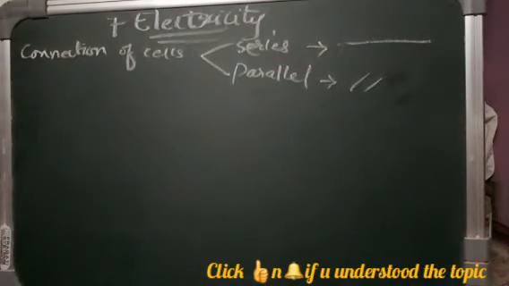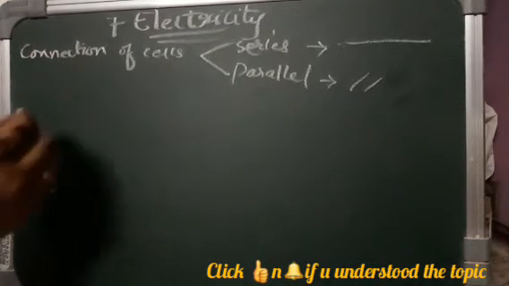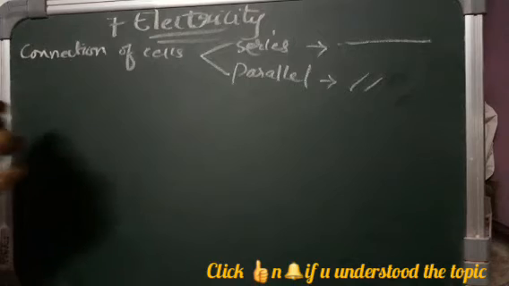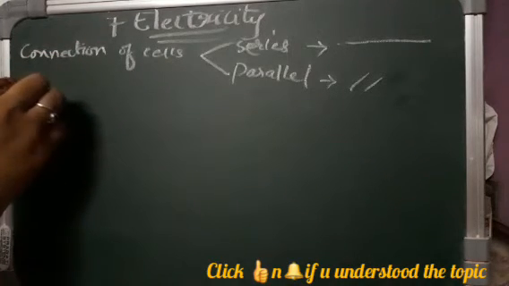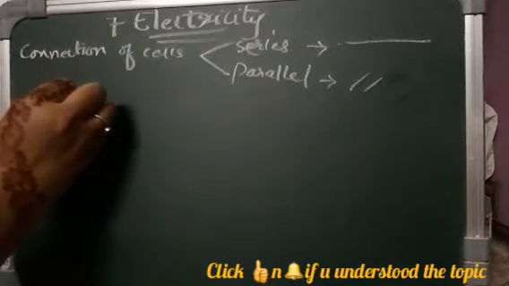Okay, so now we will learn about the series connection. In a series circuit, electricity has only one path to flow through. All the electrical components are connected in this path. If only one of them is removed or is not functioning properly, the circuit will be incomplete. That means in series, all the current which is passing will flow only in one direction,